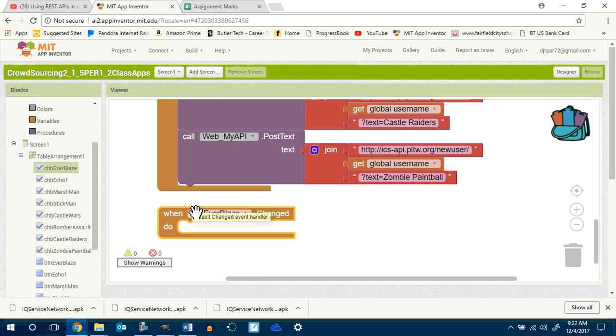Are we doing CHB or BTN? I'm going to do CHB right now. If we click on it, it's going to change the state. Are you guys with me? What are the states? Checked or not checked? If you click it and it's checked, it's going to go to unchecked. If you click it and it's unchecked, then it's going to go to checked. So when the state changes, all right,